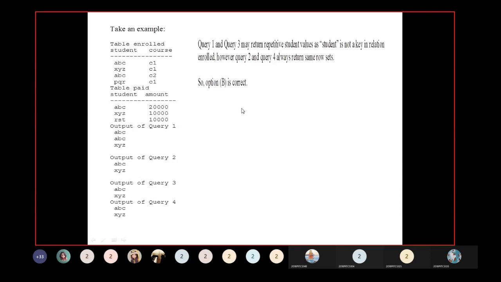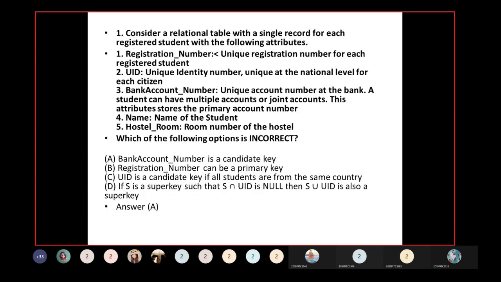See about another question. Consider the relation table with a single record for each registered student with the following attributes. One, registration number, a unique registration number for each registered student.